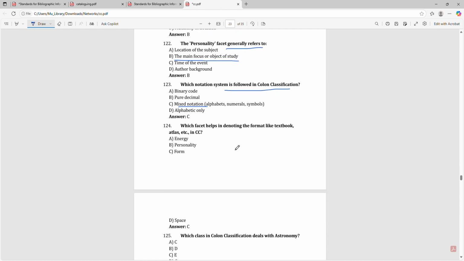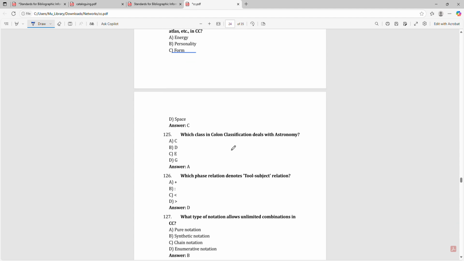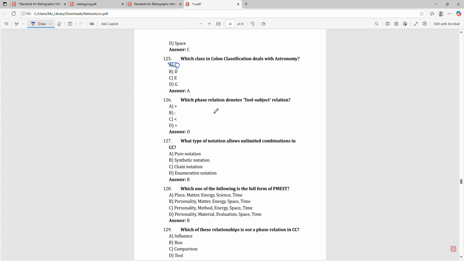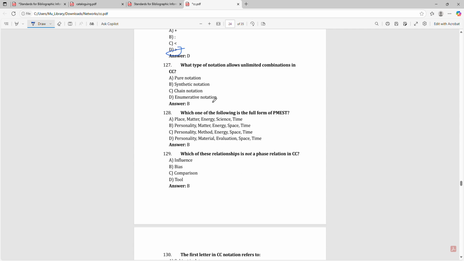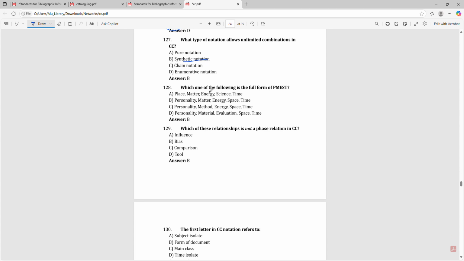Which facet helps in denoting the format like textbook, atlas and so on in CC? That is form. Which class in CC deals with astronomy? That is C. Which phase relation denotes a tool subject relation? That is greater than. What type of notation allows unlimited combinations in CC? Synthetic notation. Which one of the following is the full form of PMEST? That is personality, matter, energy, space and